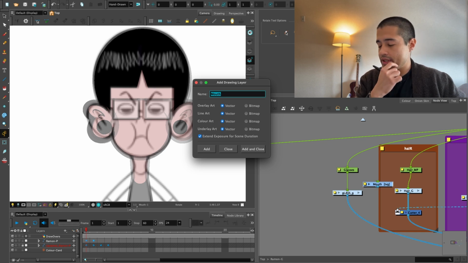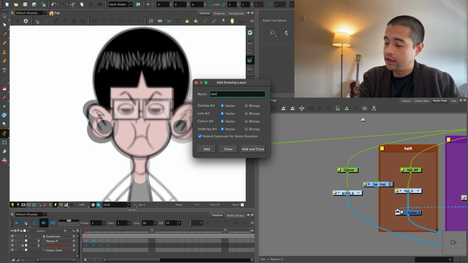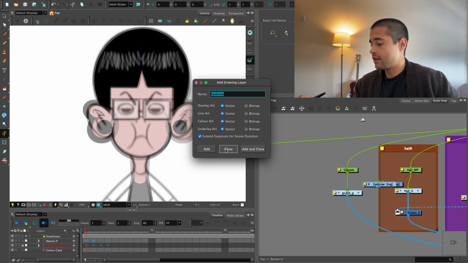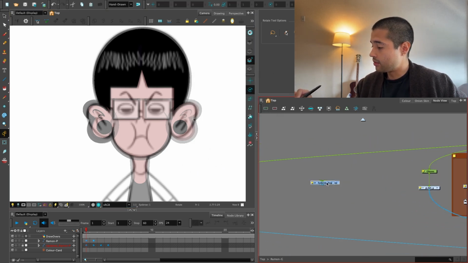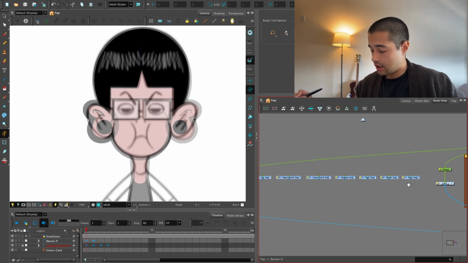I'll create one drawing for the entire mouth. Because I'll consider, what if I put the cheek on another layer? It's not needed. I can put everything in one drawing. Now I'll have upper eyelid. I'll have lower eyelid. I'll have pupil. I'll have eyebrow. That's it. That's all the elements that I need for the face of the character, and then I'll create a composite to